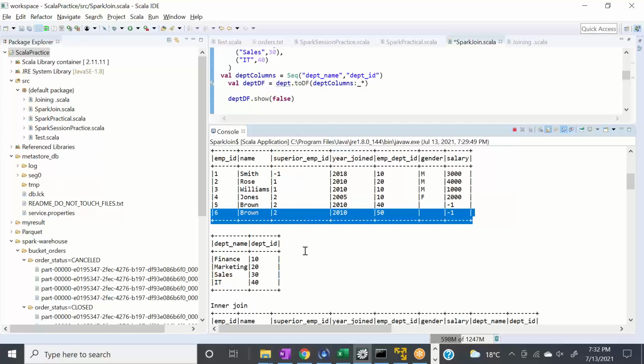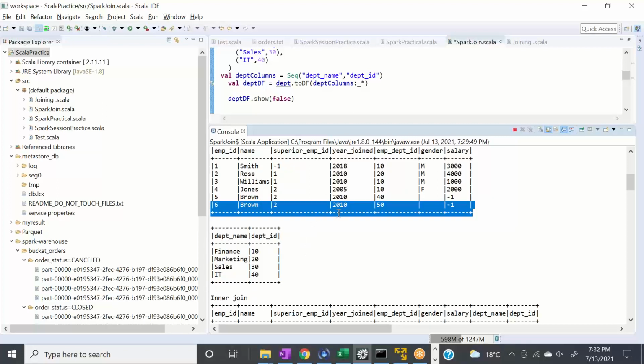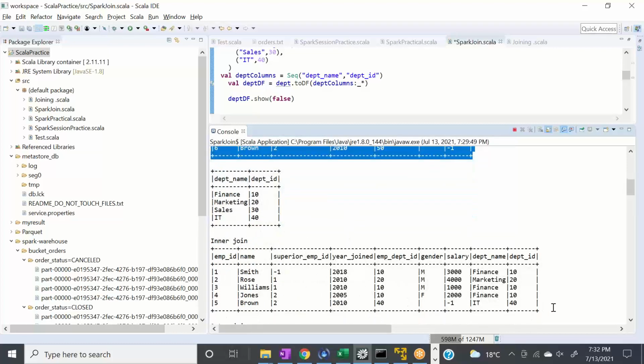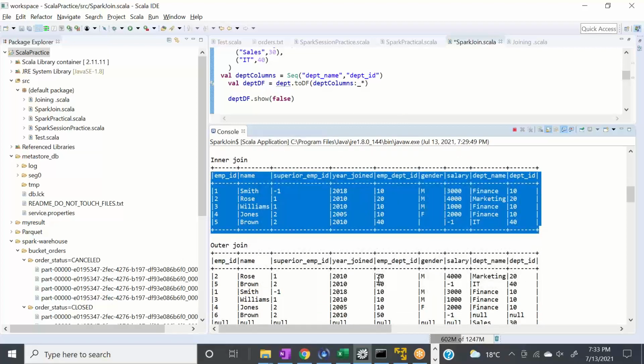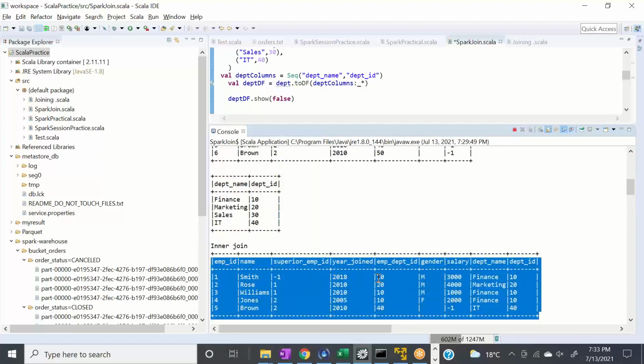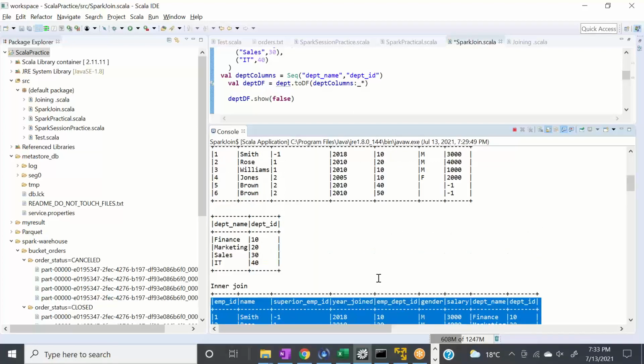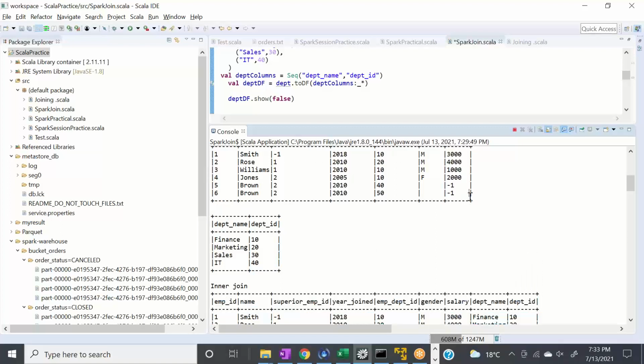When we go for the inner join, ideally it will give us everything which is common across both the tables. So it means 50 should be skipped. Let's see here in the inner join, the 50 department row is gone, right? In the outer join, meaning full outer, it means give us everything from both the data sets. Now, one more important thing, when we are joining both the data sources, this row,